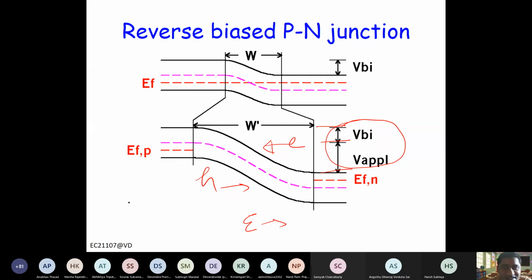Will drift current increase? We will see in coming slides that drift current will not increase. Why? Because in general we see there are a lot of carriers, and when we apply a field, their velocity is mu times E, so they move faster. But in this case we have fewer carriers. So it is not how fast they move, but how many of them move. That's why the drift current does not increase.